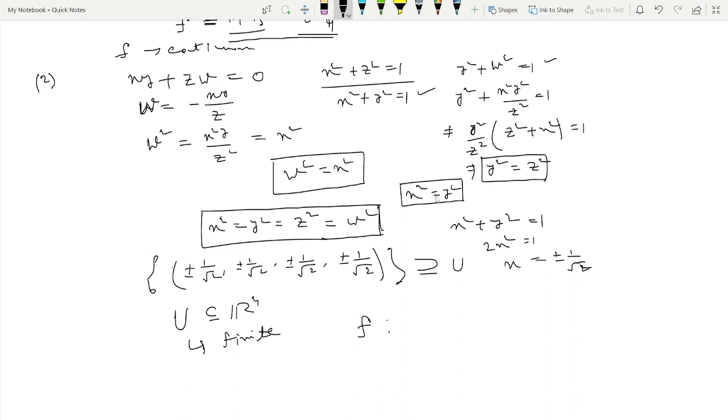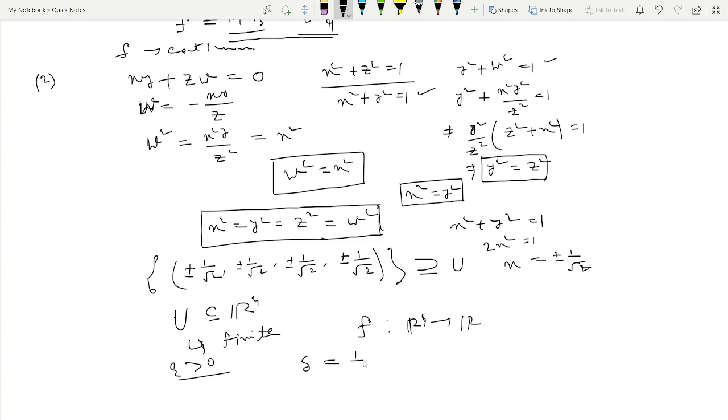It can be easily proved that f is uniformly continuous on any finite set, because all these points are isolated points. To prove this, suppose epsilon is any arbitrary positive number, and we take delta in such a way that